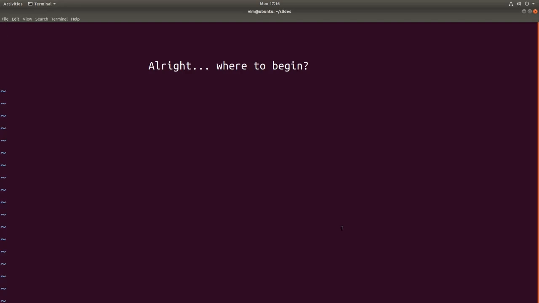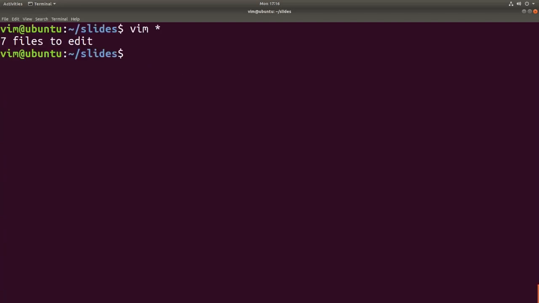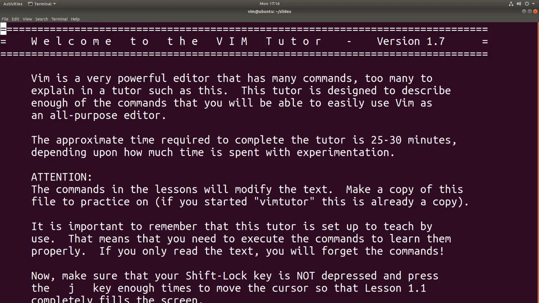All right, so how do you start learning Vim? Well, thankfully Vim ships with its own tutorial. So in your terminal, type in vimtutor, press enter, and there you are. This thing is meant to be like a narrative, so you read it from top to bottom. It should be about 25 to 30 minutes to complete, and it assumes no Vim knowledge